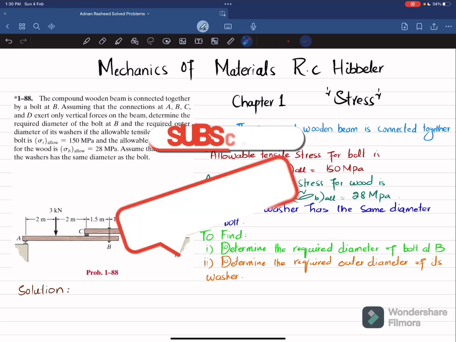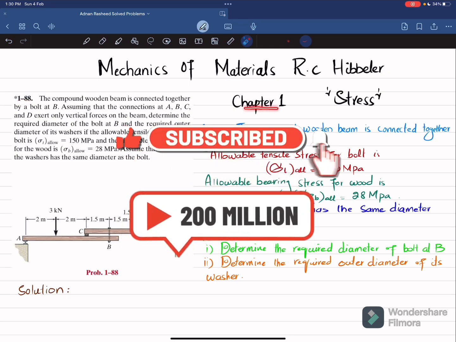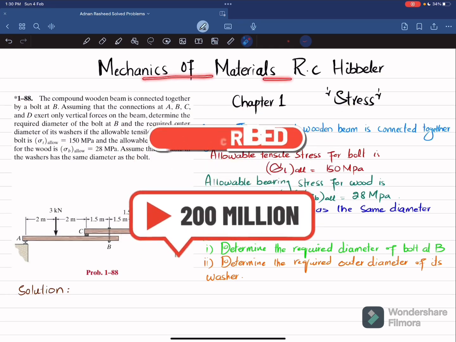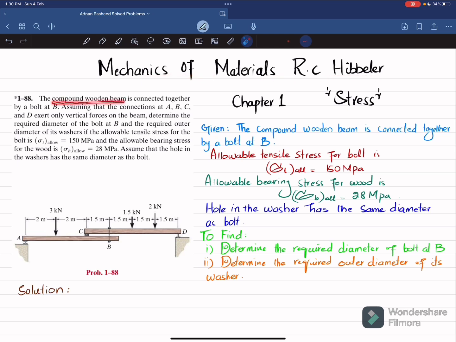Welcome back. In this video, we are going to solve problem 1-88 that is taken from chapter number 1, Stress, and the book name is Mechanics of Materials by R.C. Hibbeler. So the statement is: the compound wooden beam is connected together by a bolt at B,